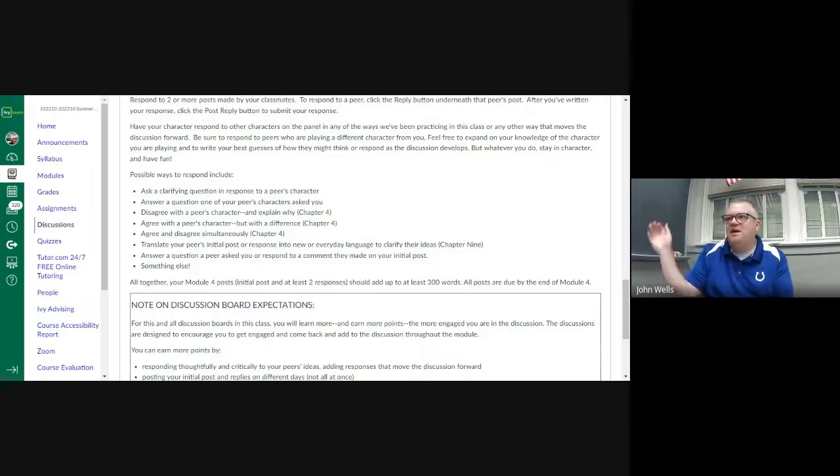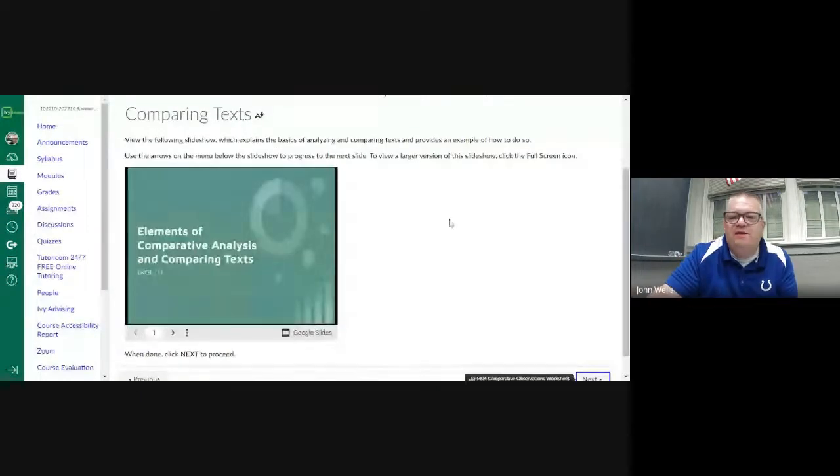By extension, when I read something and say, that was really effective, I can ask myself, why? Why was that effective, and what are the things in it that I can imitate when I write? Or if it wasn't effective, what am I not going to do, right? So it really works on a lot of different levels for us. We do have this slideshow about comparing texts. It walks you through that process. Again, we're looking for the similarities, the differences, and then the analysis is why. Why is that important or significant, right?